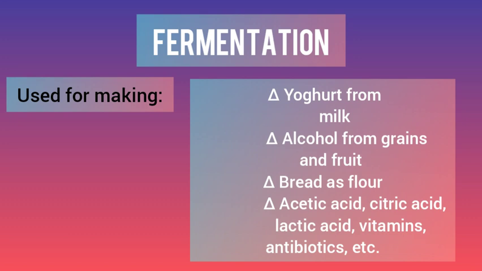If microbes are allowed to grow in a batter, dough, fruit juices, etc., they break down these substances, producing new compounds as they grow and multiply in them. This microbial process is used in the production of various common foodstuffs.